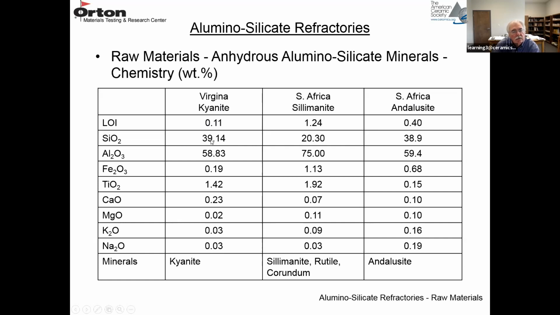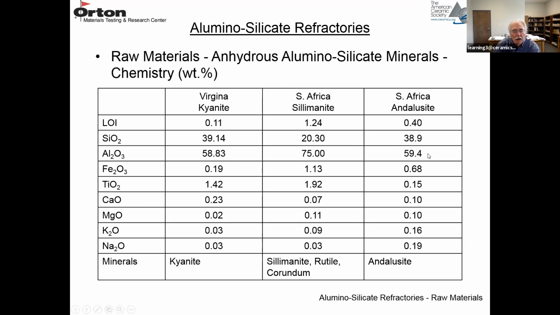The kyanite is about 40% SiO2. This one is about 20%, the sillimanite, and the andalusite is about 39%. The balance is primarily alumina, so the kyanite has about 59%, the sillimanite has about 75%, and the andalusite has